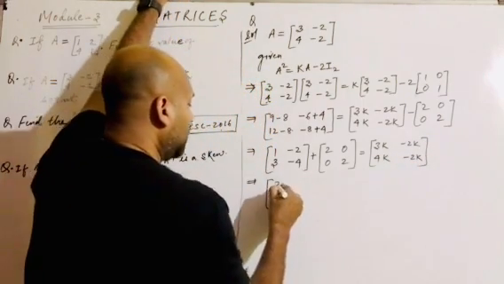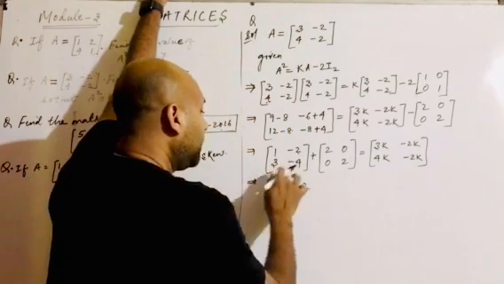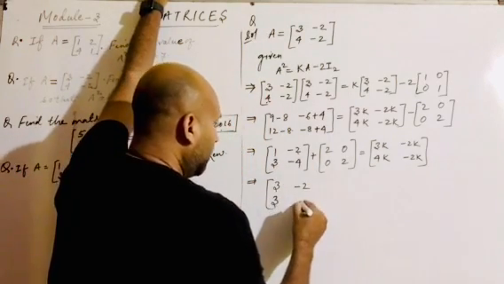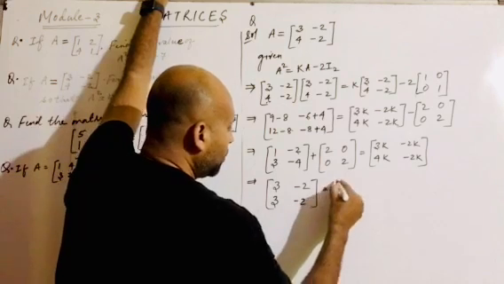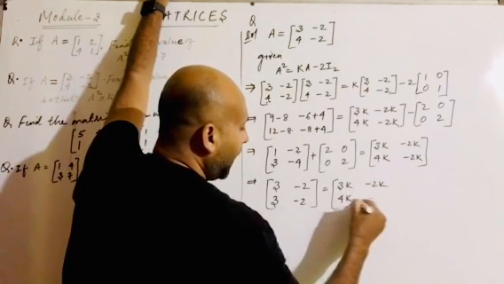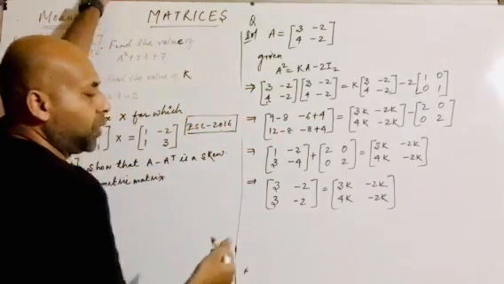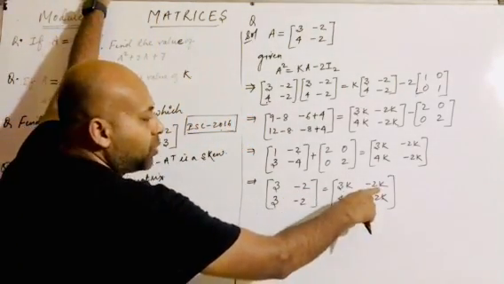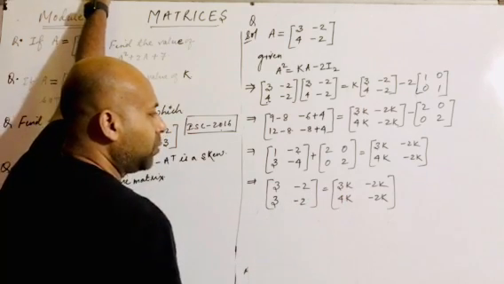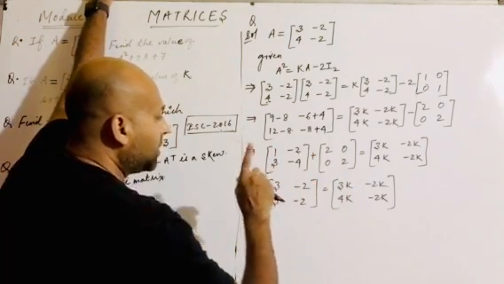So here let us do the calculation here. So 2 plus 1 it is what children? 3, minus 2 and plus 0 is 2, 3 plus 0 is 3, and 4 plus 2 is what? Minus 2 is equals to, I can write simply 3k, then it is minus 2k, 4k, and it is minus 2k. For any element you can have the equality here. Minus 2k will be equals to minus 2k, so I'll get the value of k equals to what? 1. Somewhere something is wrong because I'm not getting one answer. That means we are making some error here.